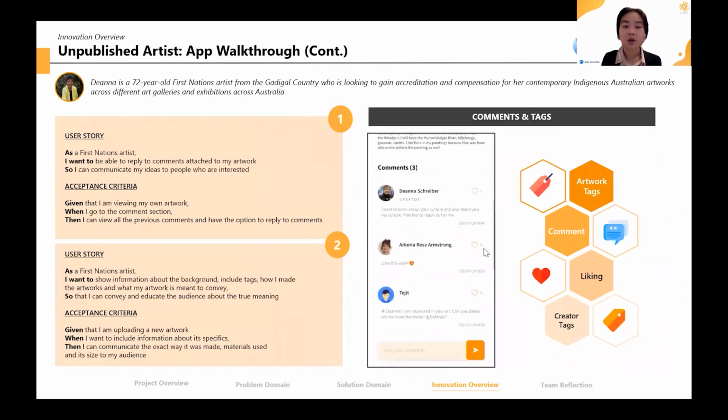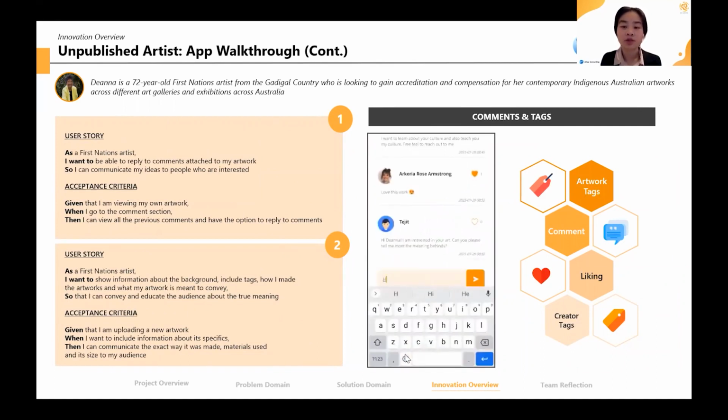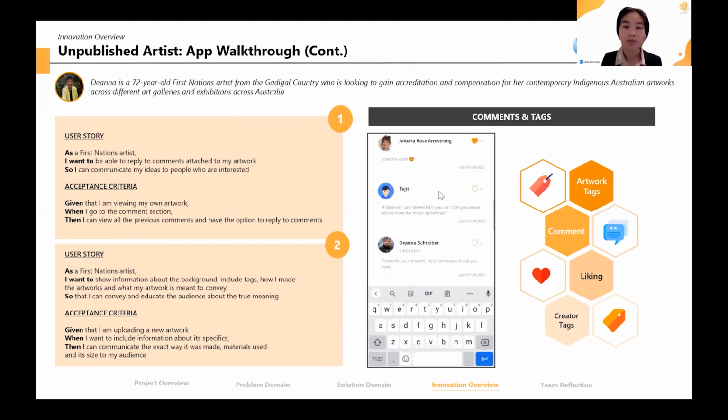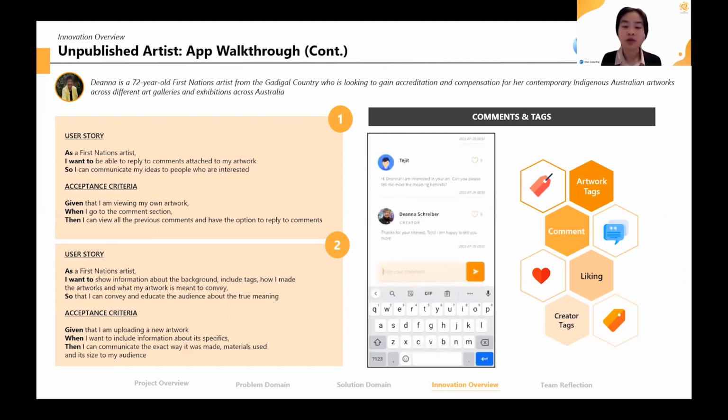As an artist, I will be able to display my uploaded artwork on an artwork detail page using Dreamtime's color tab and interactive buttons. Hence, I can convey my message and educate users about the true meaning of my artwork. I can also interact with other users using the comment section. I'm delighted to read any comment I receive, and I can also show my appreciation by liking their comment or leaving a comment. Wow, if I comment on my artwork, a creator tab will appear below my name, acknowledging my ownership of the artwork.